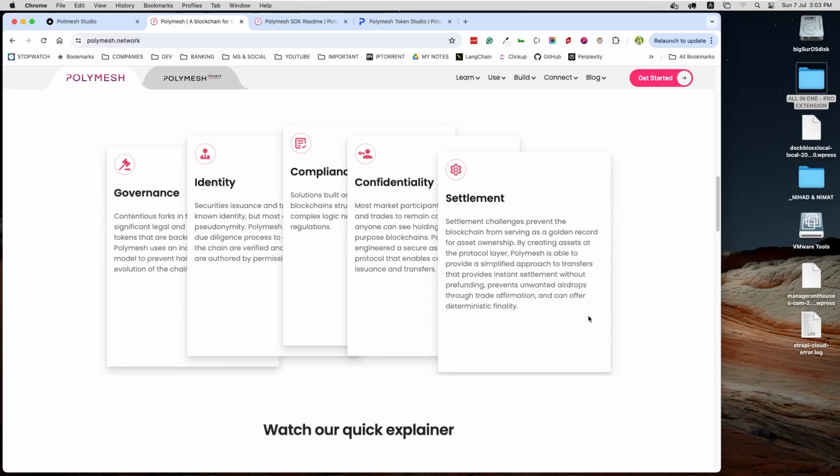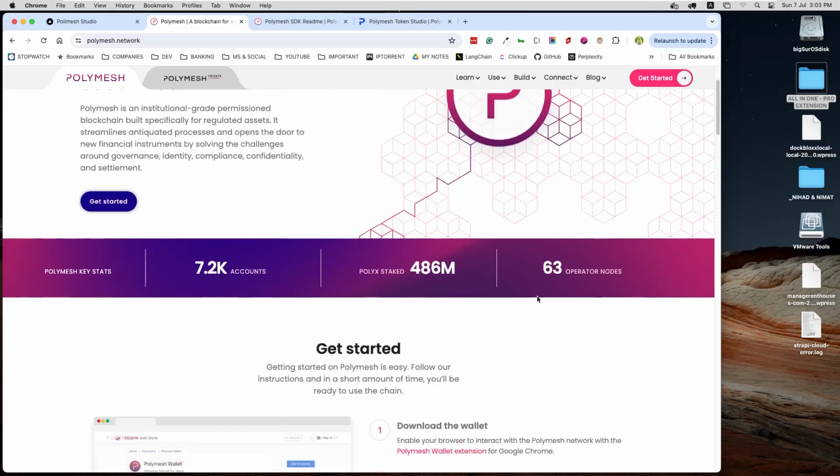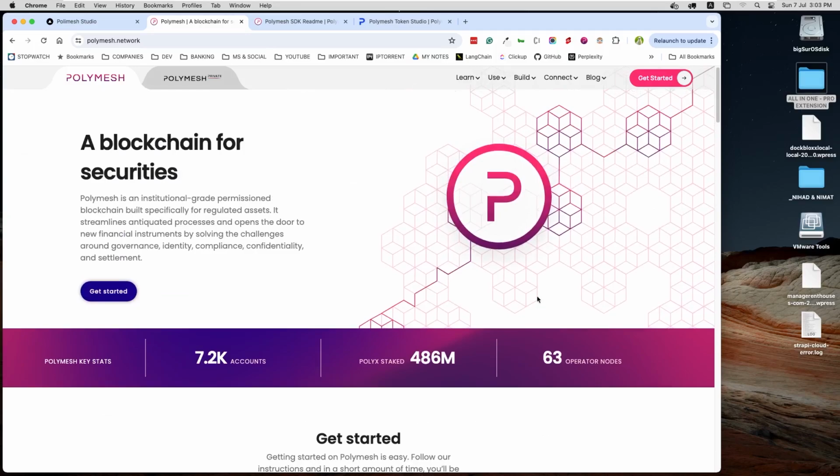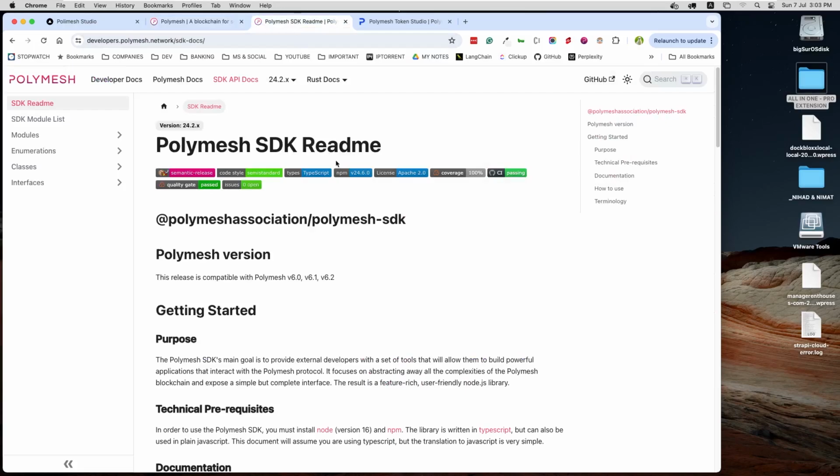This is why this specific blockchain can be very handy when you handle important stuff like property ownership, investment portfolios, etc. And another reason this is great for us developers is because to build on top of it,